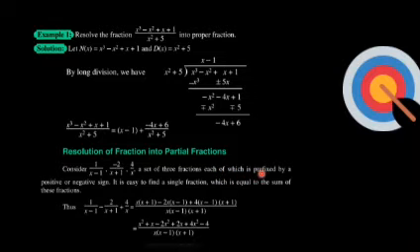Each of these fractions is prefixed by a positive or negative sign. Thus, let's suppose we take 1 by x minus 1 with a positive sign, 2 by x plus 1 with a negative sign, and then a third fraction 4 by x with a positive sign. We add up these three and they give us (x square plus x minus 2x square plus 2x plus 4x square minus 4) divided by x into x minus 1 into x plus 1.